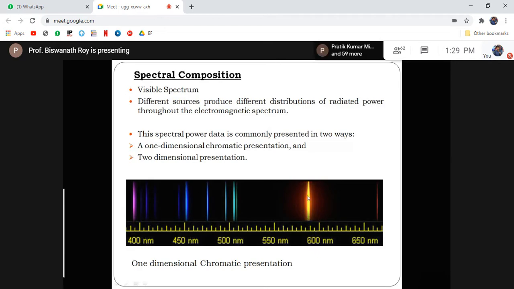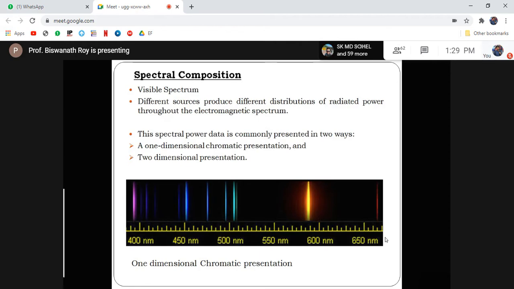For example, optical radiation emitted in this wavelength we can see as yellow, whereas optical radiation where the wavelength is around 400 nanometer, we can see as violet. The same is applicable for all other colors. From 400 nanometer to 800 nanometer almost, we can differentiate different wavelengths by virtue of perceived